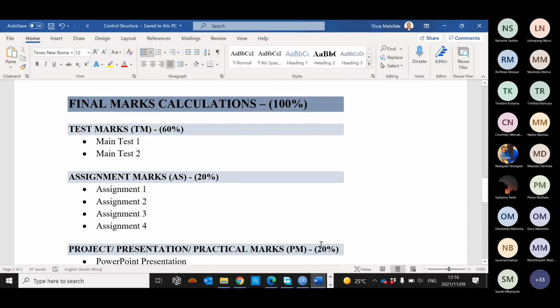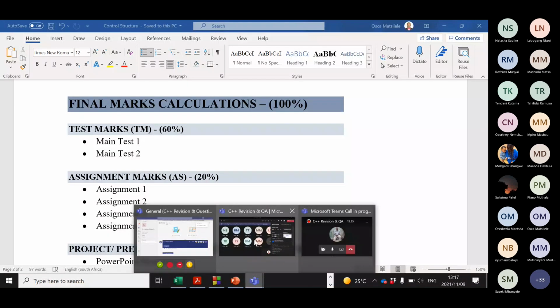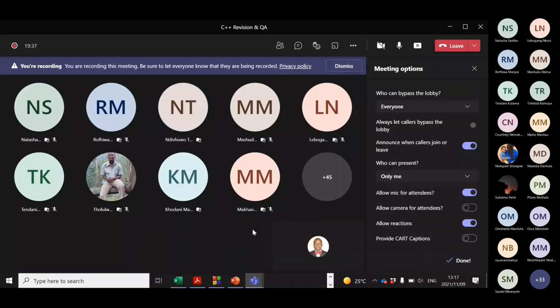Is there anyone who didn't understand it? Should we pass from that? Yes, we can pass. Okay, that's great. So now,